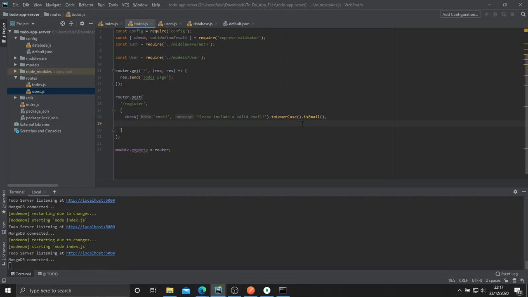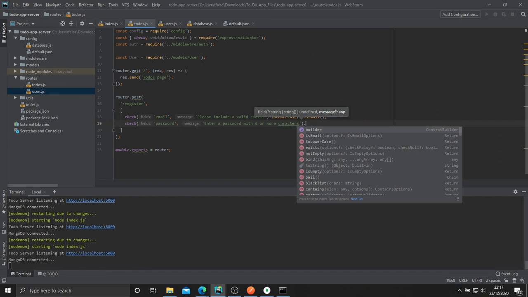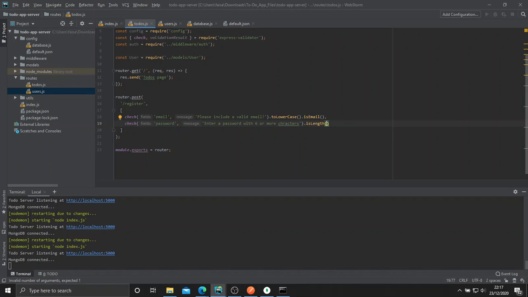To check it's an email, it's going to check if it has the @ symbol, if it has .com, .co.uk, etc. So if it follows the standards of an email. And then we'll check password, and we'll say go ahead and enter a password with 6 or more characters. So .isLength, and in our length we'll have options. Here we'll say min: 6. So the length of this actual password field needs to be at least 6 characters long, or else throw